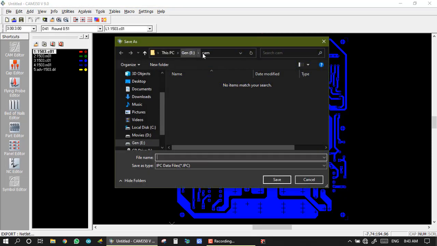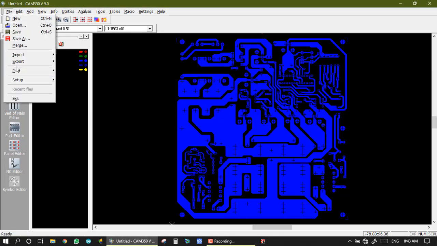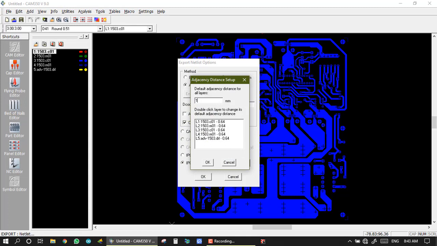Then my output is like this. I am take a 0.64 test and save. So I may take my output. Second time I go in file, export, netlist, and adjacency. Here I am set 1. So it is a distance of testing by machine we have set here, and all this parameter of the netlist is different. For example, if I am set 0.64, then if the netlist point or testing point is assume 1000, and if I am set 1, then our testing point is also 1000.